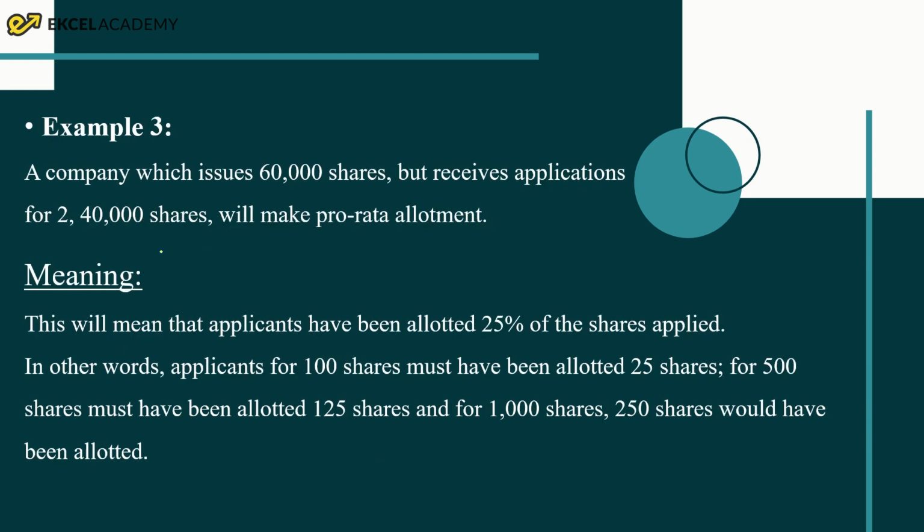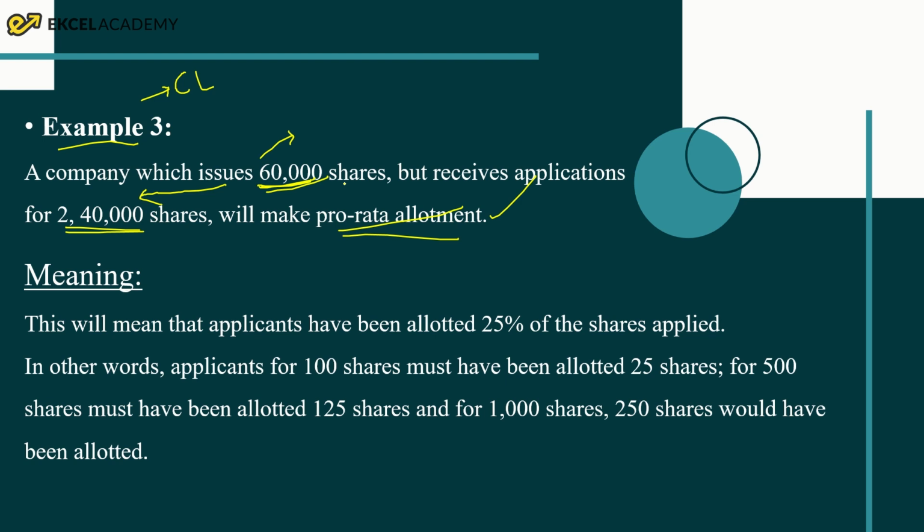Let's have a look at example number 3. This example is from company law. A company issues 60,000 shares but receives applications for 2,40,000 shares. So they invited applications only for 60,000, but in excess they have received applications for 2,40,000 shares. In such cases, the company will use the pro rata basis for allotment, which is known as pro rata allotment. What does this mean? When the company has determined it is going to issue only 60,000 shares, but it receives applications for shares amounting to 2,40,000,